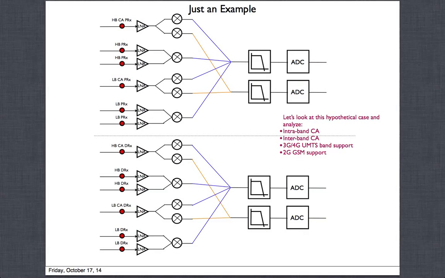And you are going to have either of the two, right? You're not going to have both of them on at the same time. That's why they go to the same mixer and then through the baseband filter and go out. So hopefully that way it's clear.